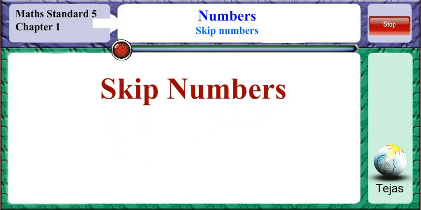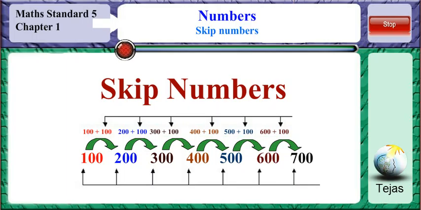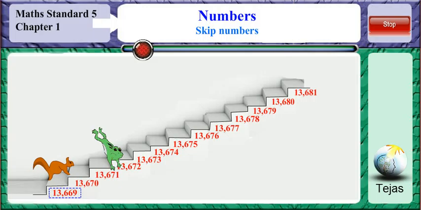Skip numbers. What is meant by skip numbers? Let us understand this with the help of an example. Look at the figure. You can see a series of steps. There is a frog on one step and a squirrel on the other step. Both of them are at the number 13,669. Now, the frog can jump 3 steps at a time, whereas the squirrel can jump only 2 steps at